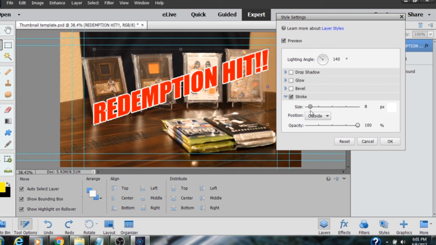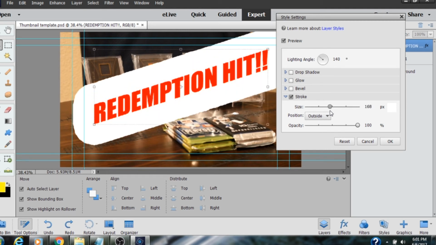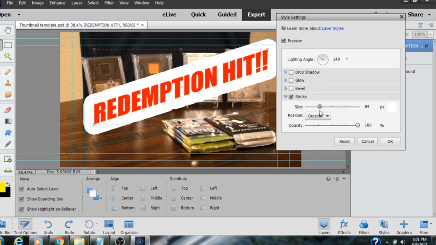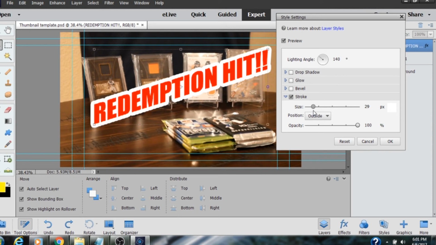I can make it real thin. I can make it thicker. I can make it really thick, if I want to make it look like it's in a box or something. You can decide what you want here. I'm trying to get a lot of attention out of this little redemption hit thing, so I might leave it large like that. But opacity, if I come over here and do opacity, I can fade it out